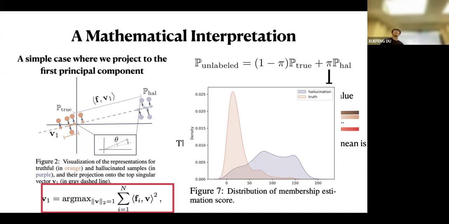This seems like an idea you can use for any type of unsupervised classification problem. You have two classes, but you don't know the labels, so you do PCA and then you pick the threshold, whatever. But does it have any assumption that the two classes are linearly separable or anything like that?